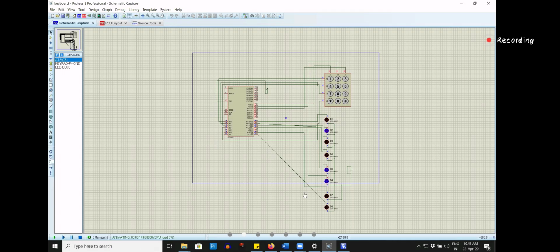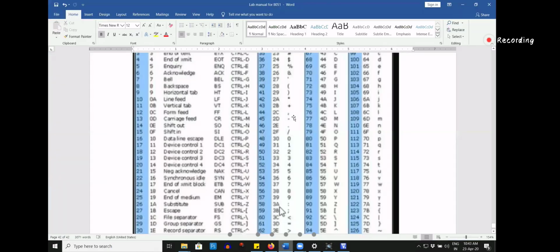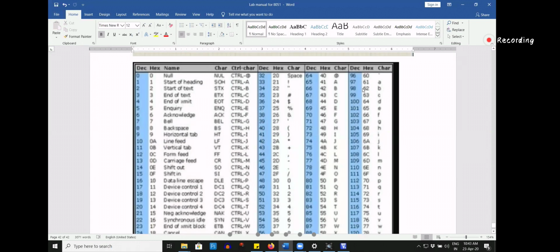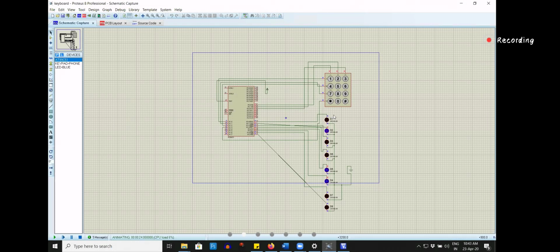Are you getting? The ASCII value of hash is 23. If I press hash here, it should change to 23. See, 0010, that is 2, 0011, this is 3, 23.